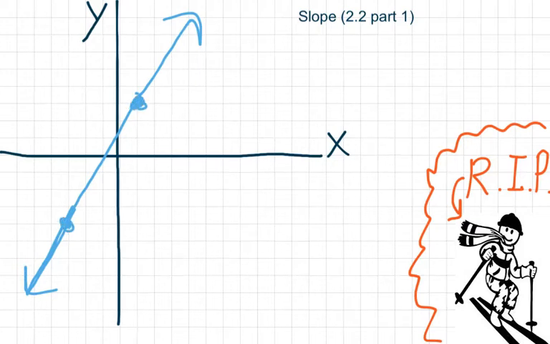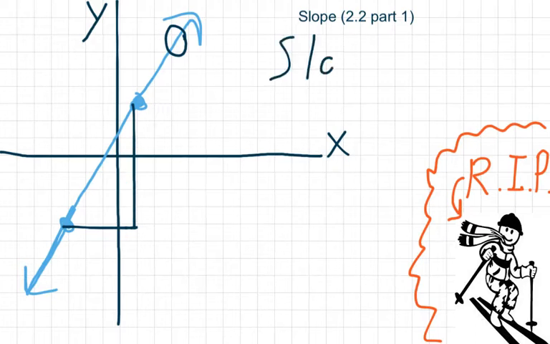And again, pick 2 points that are exactly on the line. I wouldn't pick like this spot, for example, because that's not really an exact coordinate point. You don't want to use decimals if you don't have to. Anyways, what I'm going to do is figure out how far I go across, and how far I go up or down. Because slope, again, Algebra 1 review,